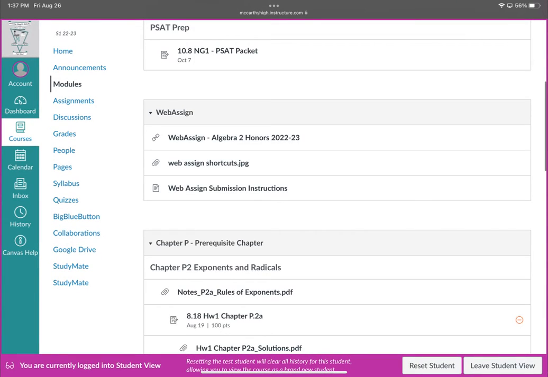Okay, so again, either from Safari or from the web, you're going to go to My Class, you're going to go to Modules, and underneath the General Information module, you're going to find the Webassign module. And what we're going to click on today and every day for homework is that top link that says Webassign Algebra 2 Honors 2022 and 23, okay? This is going to take you directly to Webassign, and it should remember who you are and log you in